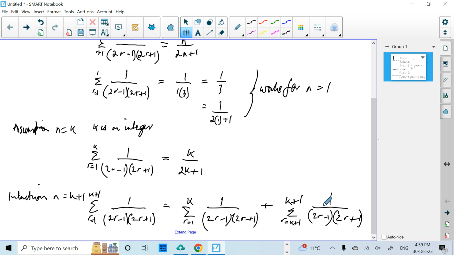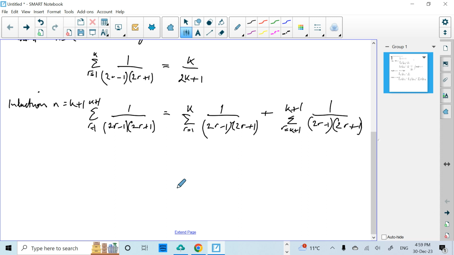And then move on. Let's extend the page, and we're going to now organize a little bit. So we've got k over 2k plus 1. So that gives us k over 2k plus 1, which is my assumption, k over 2k plus 1, plus, and now here we go,